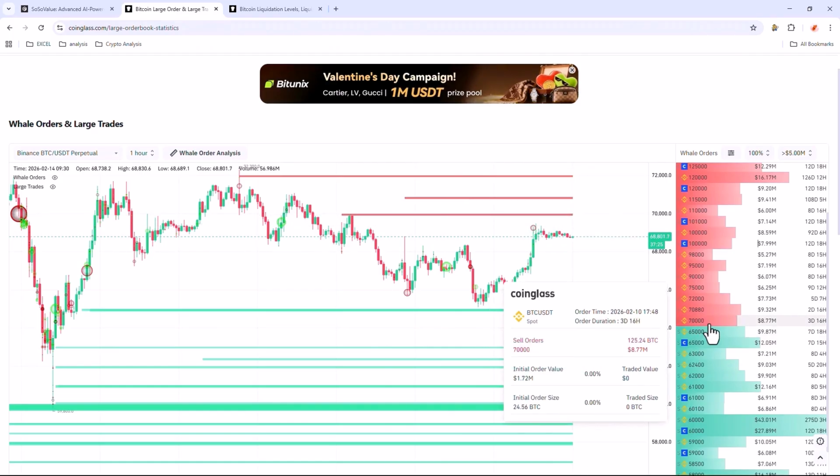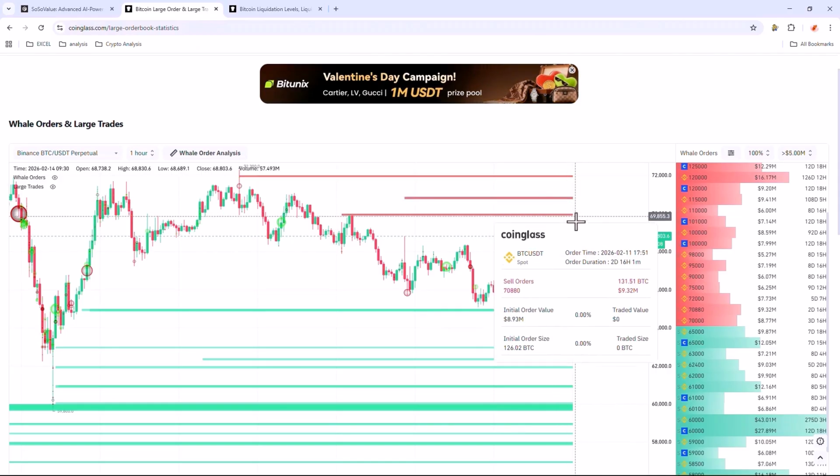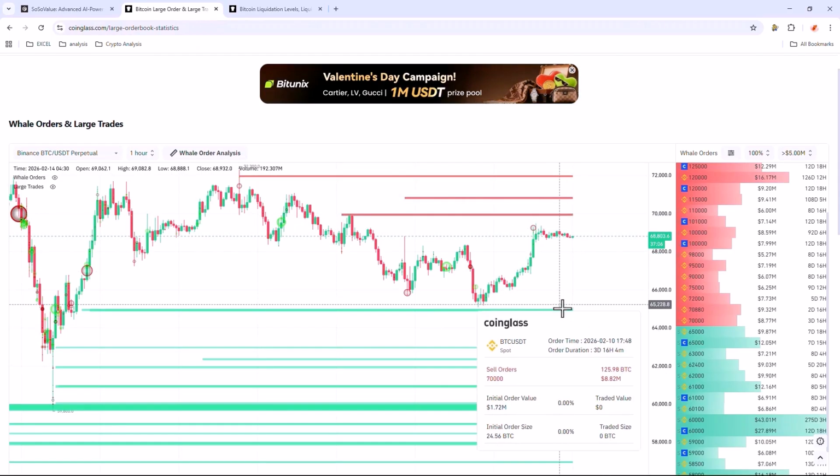The first significant resistance level we see is at the weekly level of $70,880 and ultimately at $72,000. This is a highly significant liquidity area and could push the price downward, which could result in liquidation. Liquidity could be drawn toward these upper zones, and after collecting liquidity, the price may move downward.